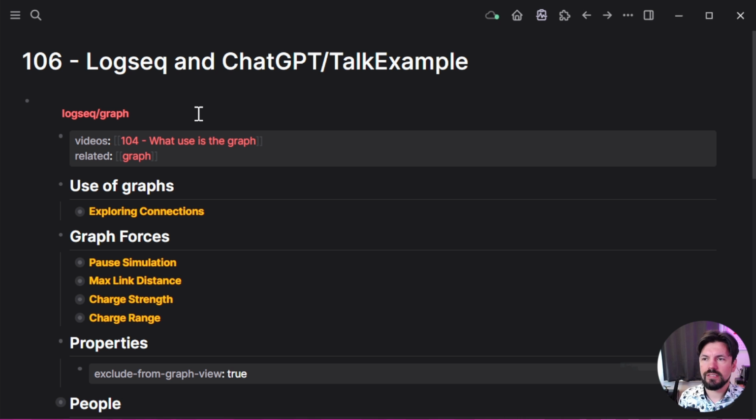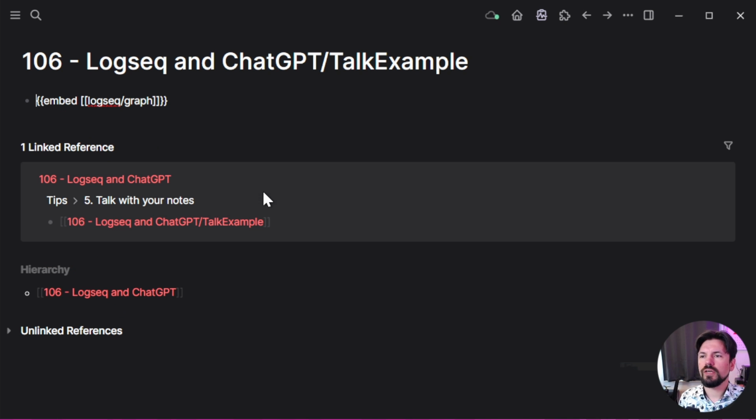And looking at this, what I do is I use block embeds. So if I go towards this text, you see everything about the graph here. But then if I go in there, I should be able to say, hey, look, it embeds the Logseq graph. And you can do multiple embeds in here to get a full set of notes that you want to export towards